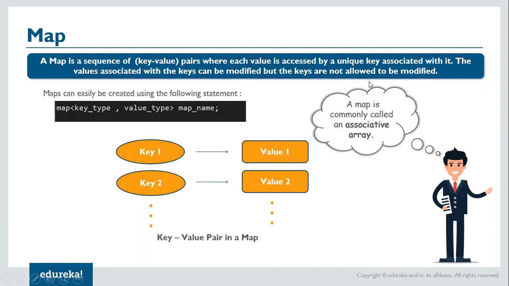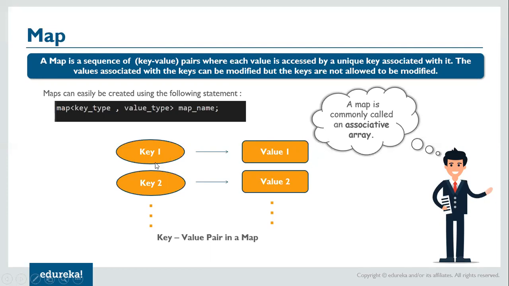So let's say I have a key value pair. A key could be an employee ID. If you are working in an organization, your employee ID could be a key, and a value could be another object which is storing information related to that particular employee. So it could be your name, your designation, your role, right? So in that map, you have an employee ID as your key and the related information stored as an object, which is the value, right?